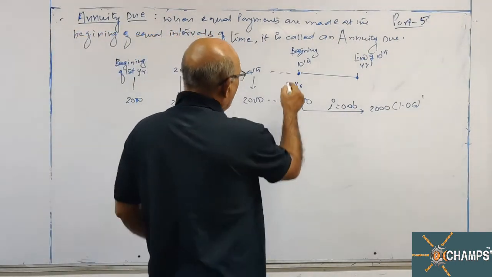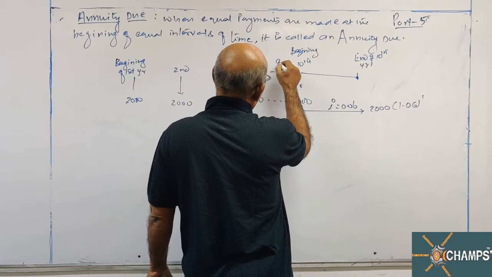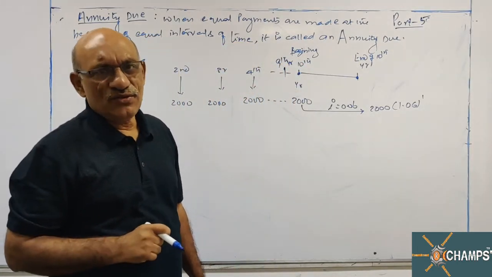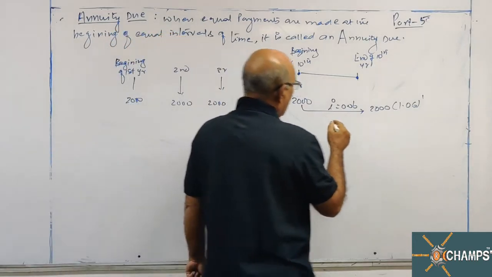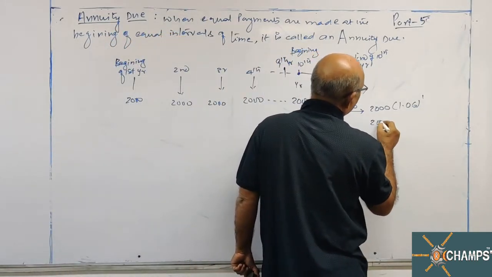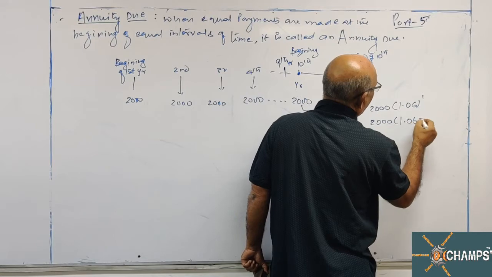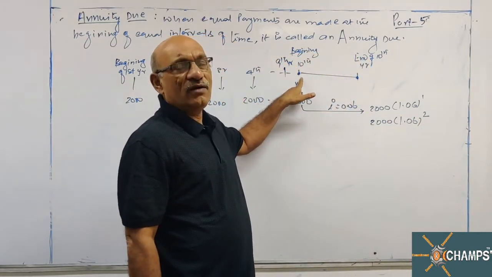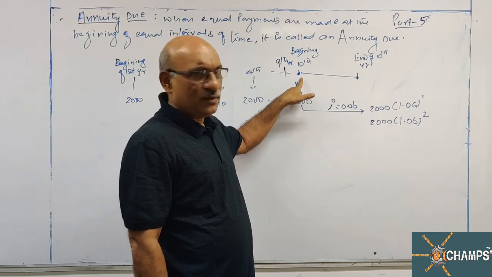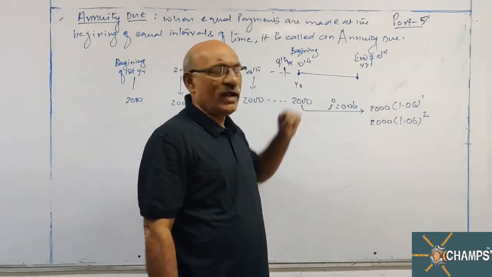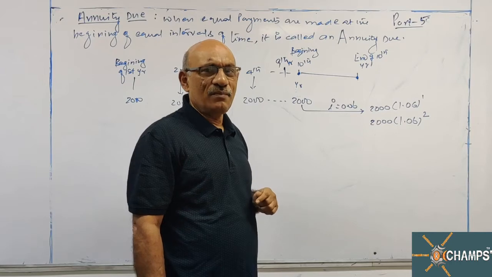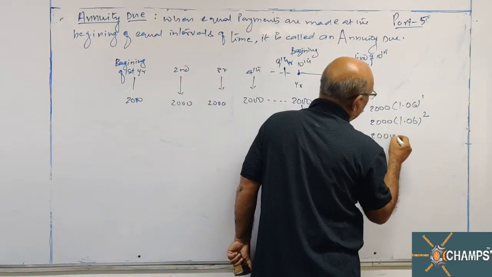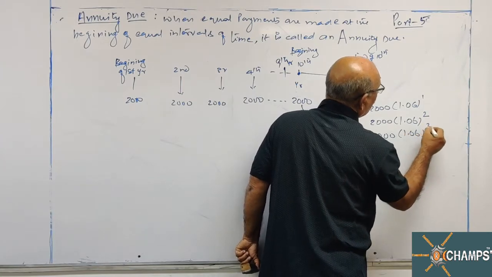Next, the payment preceding to this is beginning of the 9th year. It is in the bank for 2 years. Beginning of the 9th year to beginning of the 10th year, it is 1 year. Beginning of the 10th year to end of the 10th year. So it is in the bank for 2 years. So the payment preceding to this is in the bank for 3 years, etc.